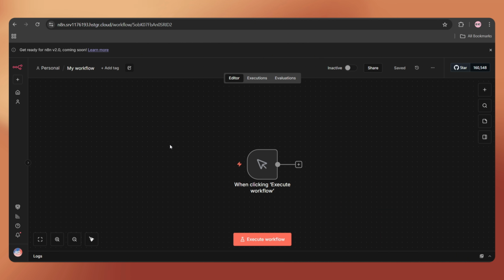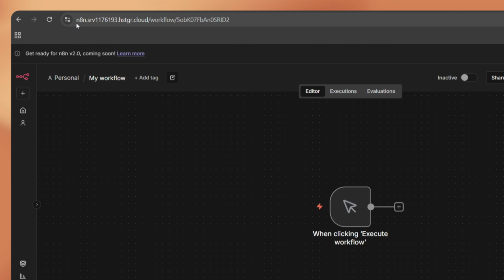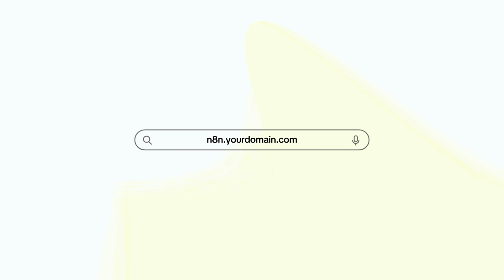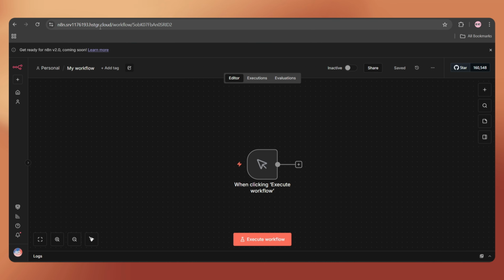Okay, right now, our N8N dashboard link is looking like this, n8n.arandomthing.cloud. But if you want to make it more professional, like n8n.yourdomain.com, you can just follow these steps. This is optional, not compulsory. I want to make it